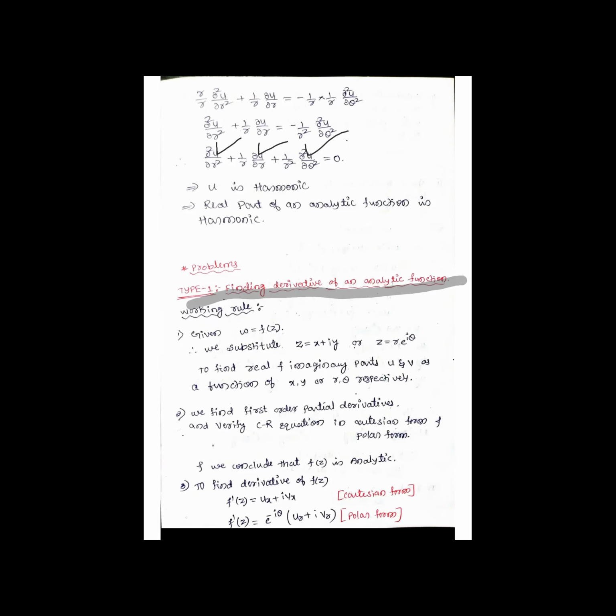But here some methods are there. We have to follow those methods. Okay. So you can see here the working rule. So what is the working rule? Given w equal to f of z, by seeing the equation,